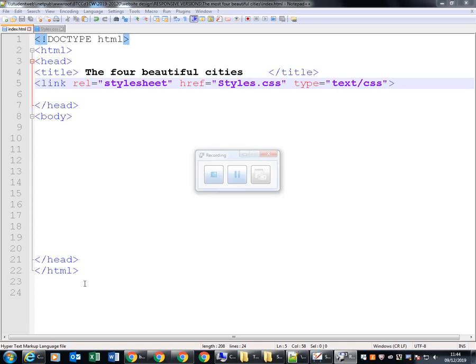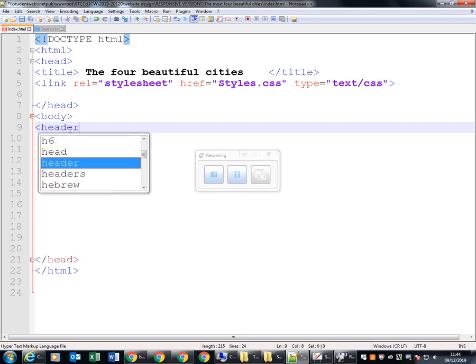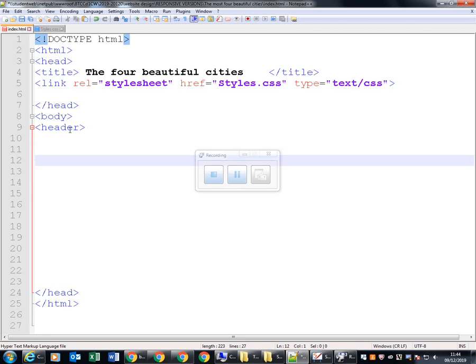Okay, so next, what do we do? We need to put containers inside the body. So the very first container we need would be a header, and I'm going to get you to put inside the header a heading and also a navigation bar inside it,